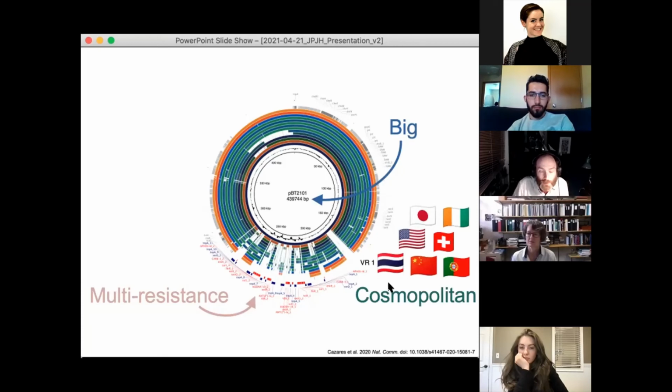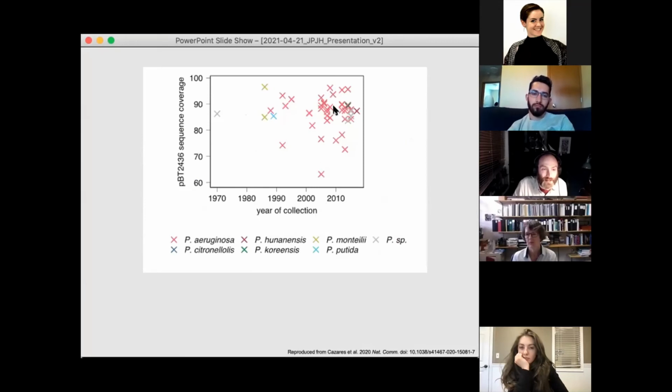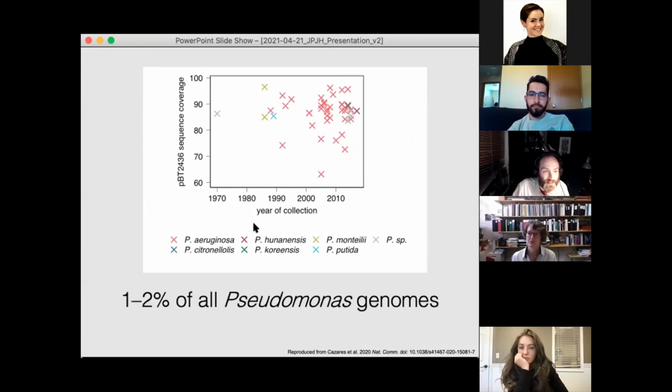These plasmids are cosmopolitan, so they've been found in clinical isolates from around the world, but also, interestingly, related megaplasmids of this family have been found both in healthcare settings and environmental settings. And this has been enabled by this kind of research where, going back through the short read database, Adrian was able to find that relatives to this plasmid were found in 1 to 2% of all Pseudomonas genomes, which might